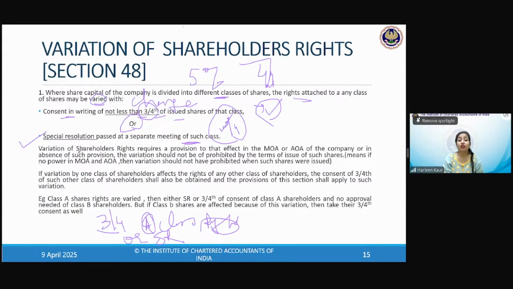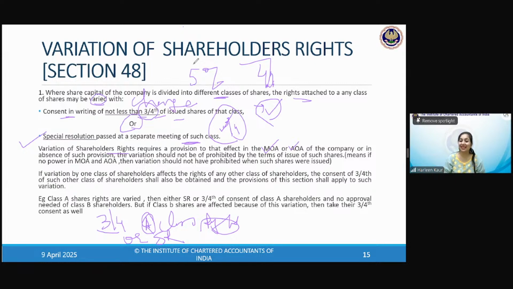Now, variation of shareholders' rights will be made only if it is allowed as per MOA or AOA. What is MOA and AOA? Yes, absolutely, Harsh. Consent of shareholders is the key point here because this is the only point. Otherwise, we are studying about ORSR. Absolutely, Deepika. 75%, so 3 times of the shareholders or more have consented. Oh, very smart. Anubhav and Miss Pia have written the full form of AOA and MOA. I'm asking you what is the meaning of memorandum and articles, children?